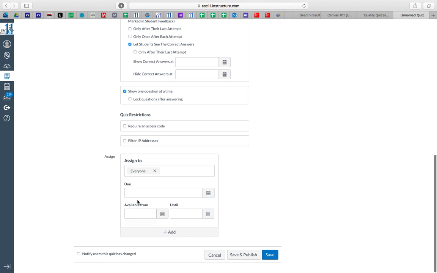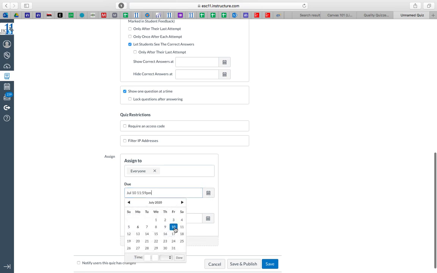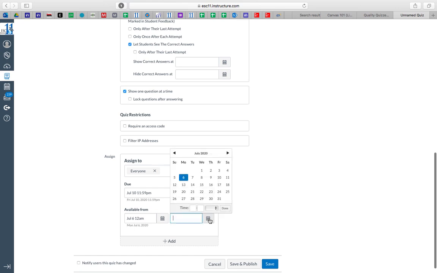And then finally down here, we've got the available date. That means this is when the quiz opens. Due date, this is when the quiz closes. And then the quiz is going to be available until, what this means, and let's do this on the 12th. What this means is the students can take the quiz without any deduction of points from the 6th through the 10th. The quiz will stay open Saturday and Sunday, and the students can actually still take it and submit it, but you can then decide to give them a late grade if you want.